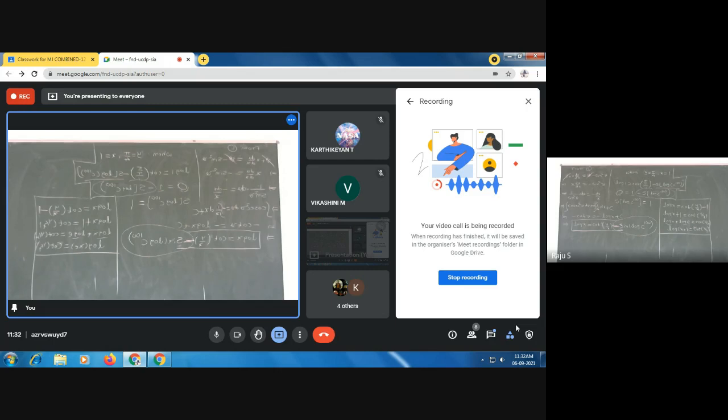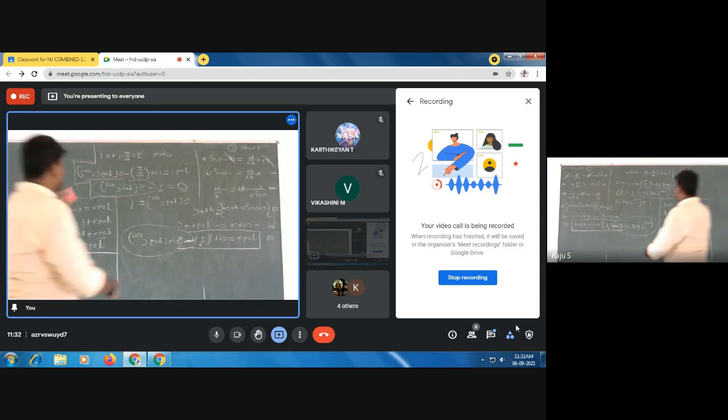NCERT is the same. Only a few questions are given in NCERT. Whatever I have sent, you can do. NCERT itself, the examples are more than enough. Number of questions are there. Yeah, next one is